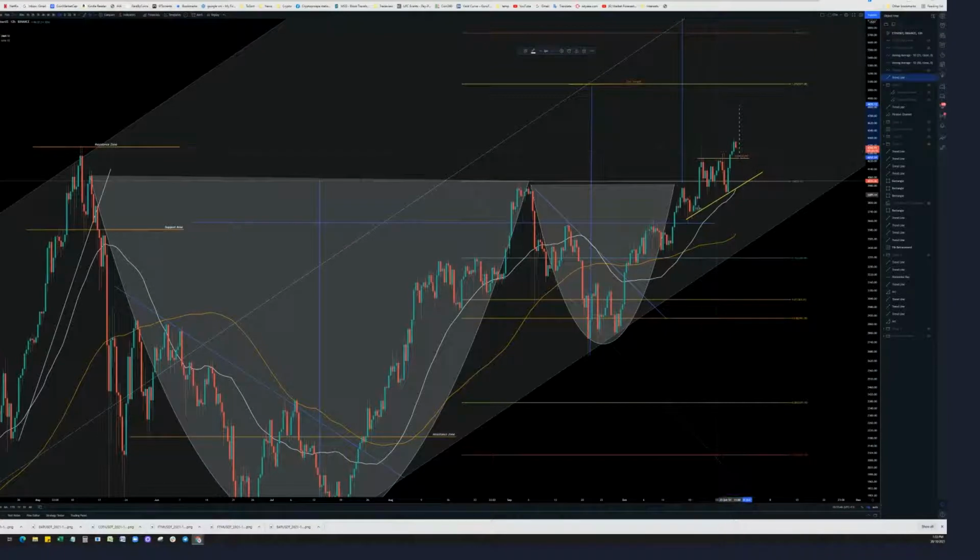That looks like a nice continuation pattern, just looking at it. Look at this. It just came to me right now. So, you get this formation, a bit of a triangle. Price bounces, finds resistance, bounces, finds the next resistance, bounces, finds support, and so on. Now, looking at that, I really do have to apply